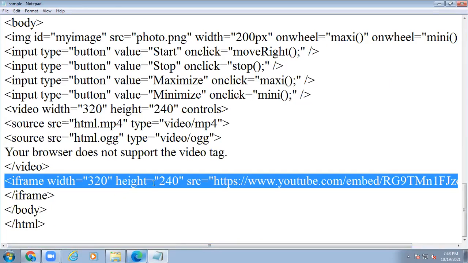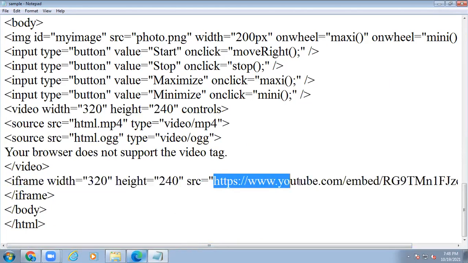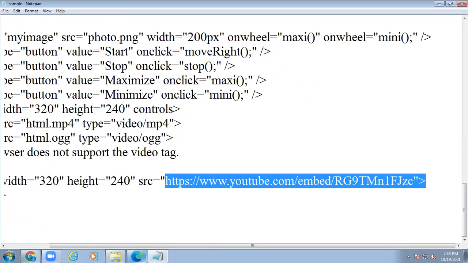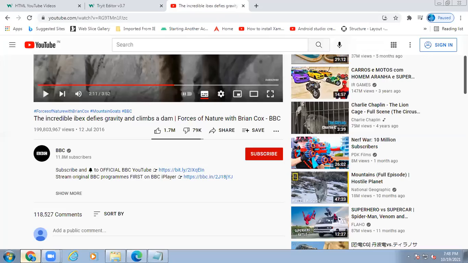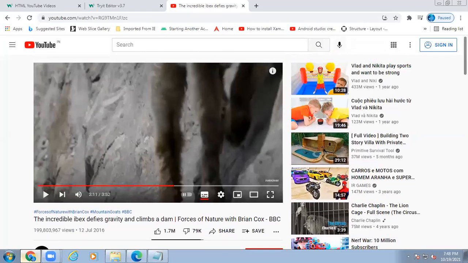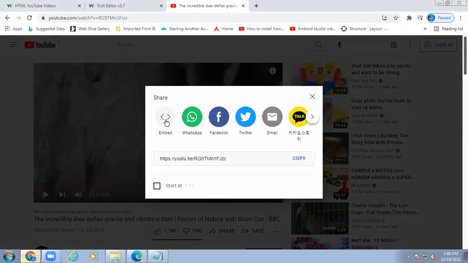Iframe width 320, width and height. So how can we get this SRC? This is the YouTube address. Simply you can go directly to a particular video. See here, this is the video. You have to click on share, and here we have the embed tag.